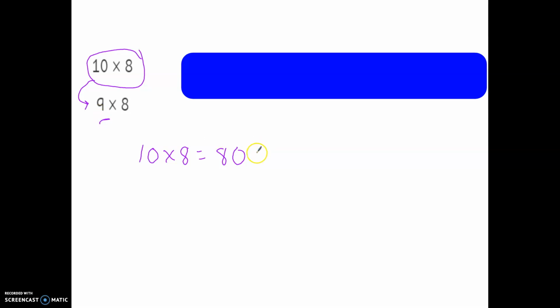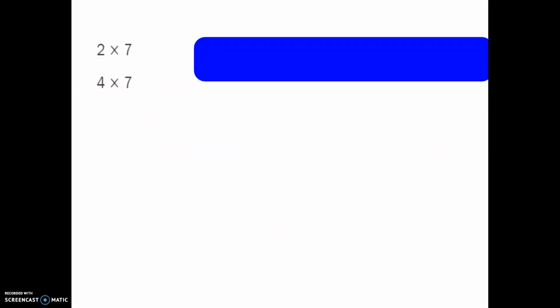So I would subtract one group of 8 and get 72. 10 times 8 is 80. I'm subtracting a group of 8 because I only want 9 8s. So 80 minus 8 is 72, which means 9 times 8 is 72. So on your board, I want you to use the steps that you would take to use 2 times